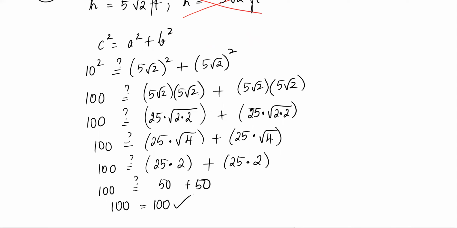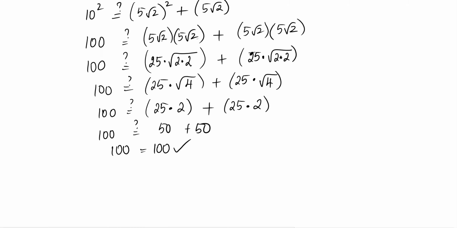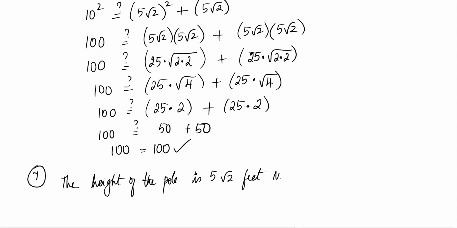Notice that your check really works well if you left it as a radical, right, with a square root. But nobody really understands if you go in the real world and say, I need 5 square root 2 feet of a pole, no one's going to understand that. So we're going to come back and interpret this, okay? So we'll say the height of the pole is 5 root 2 feet, which is approximately,